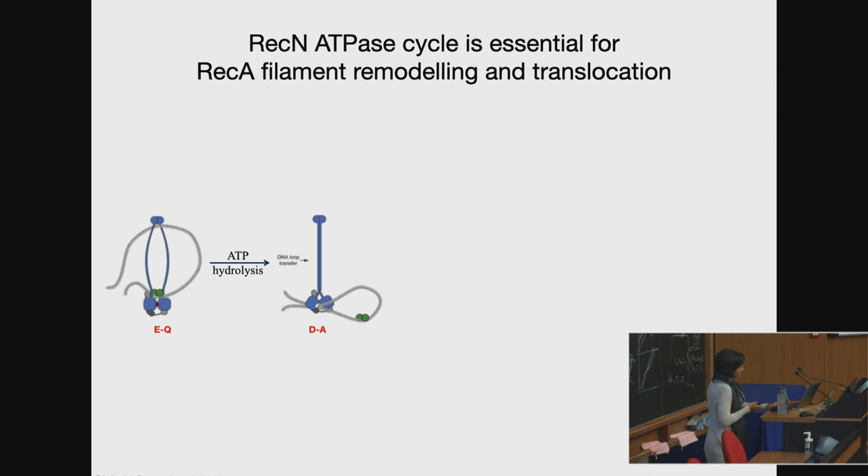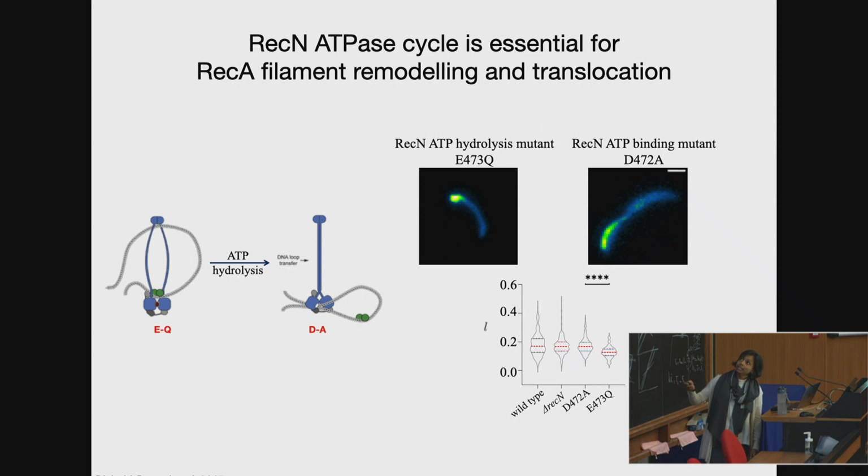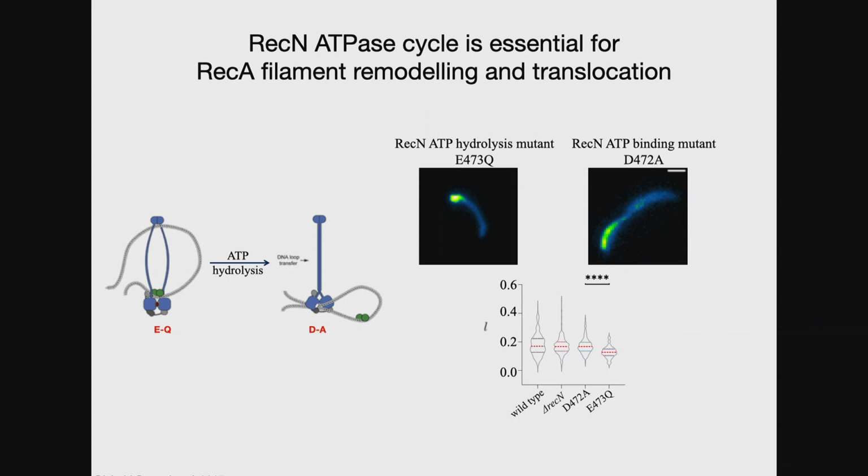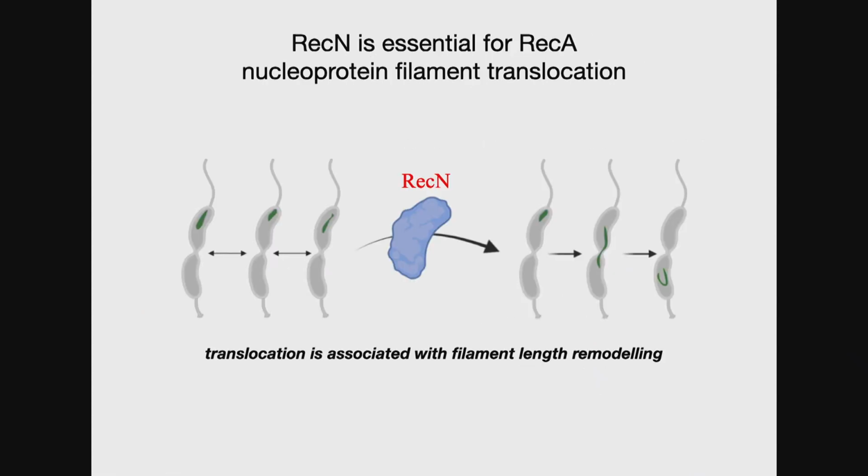And what we find is that when you block ATP binding, RecN does not affect the length of the filament. The length of the filament is long. But when you block ATP hydrolysis, RecA forms these shorter filaments, which suggests that maybe RecN is using its ATPase cycle to modulate the RecA filament length, and that in turn may be driving translocation of the RecA filament